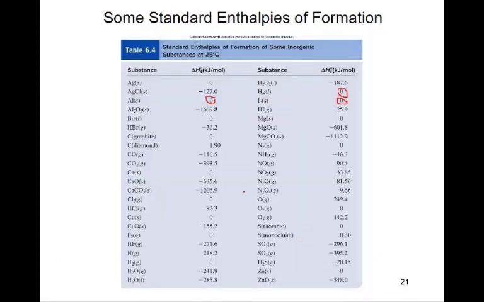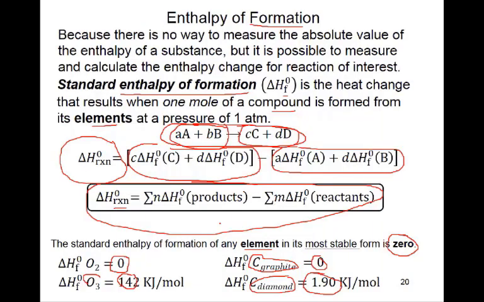If something is not given in the list, it means it is in elemental form, and then the delta HF will be 0. All other delta HF values will be given. If the delta HF is for an element, it will be 0, and sometimes it is not given. So you have to remember that delta HF for all elements is equal to 0. Otherwise this is just products minus reactants. So the formula is very easy, just simple mathematics.